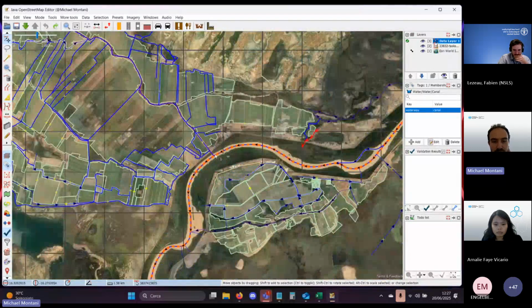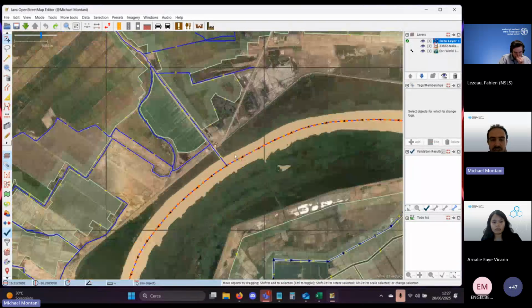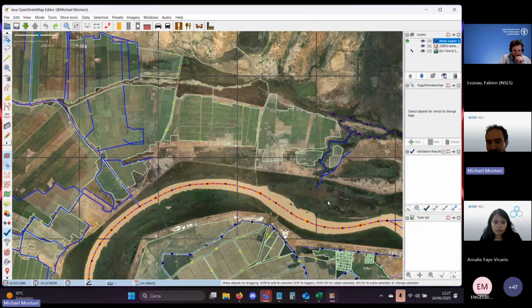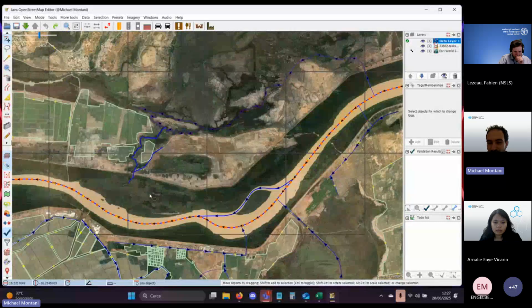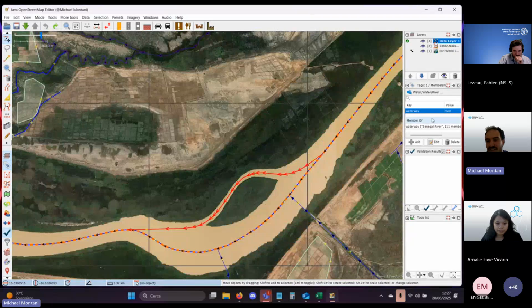Okay, so just going through the different tags. When mapping waterways, we have several tags that we can use. The first distinction that I would like to make is between natural and human created waterways. Starting from the natural ones, we have waterway equal to river.